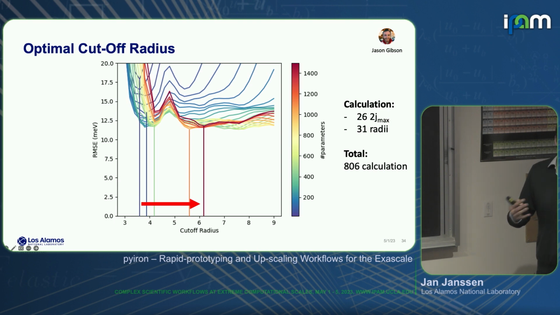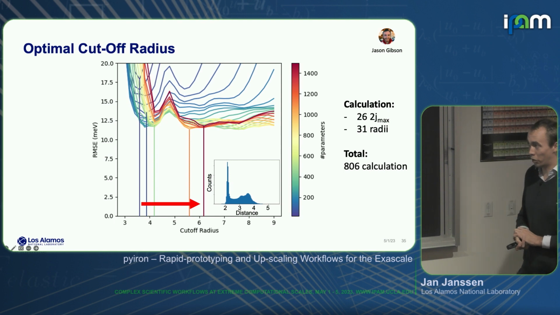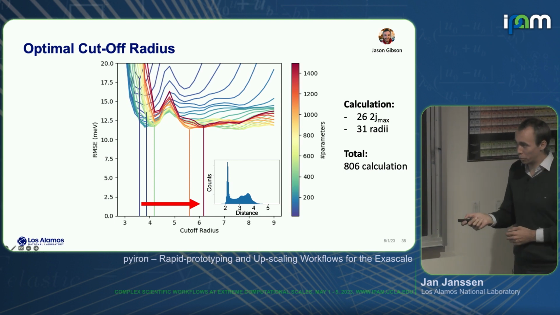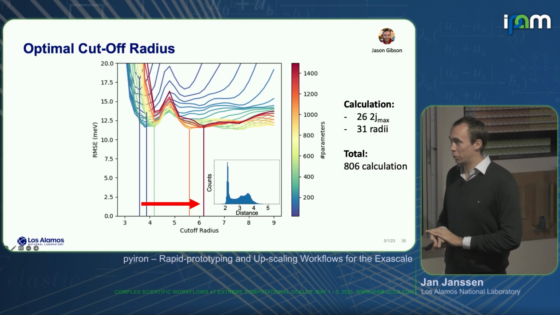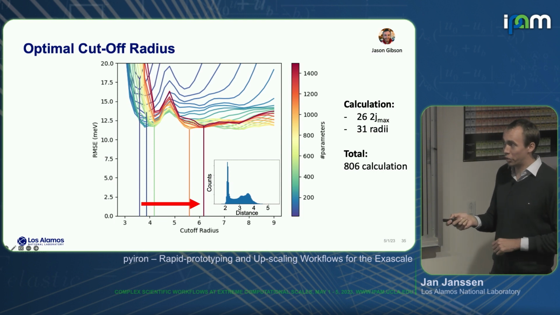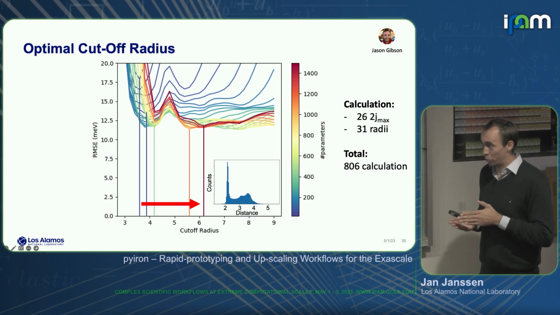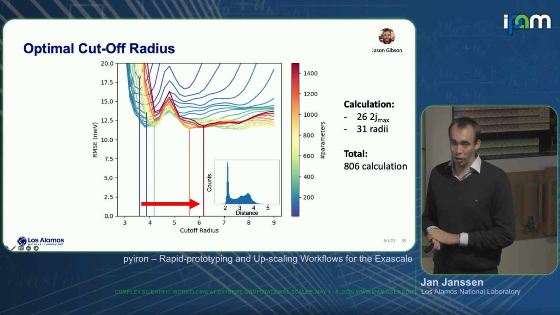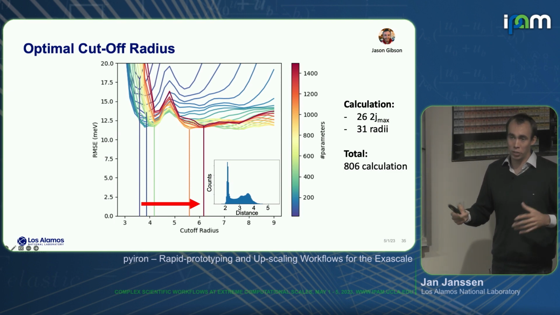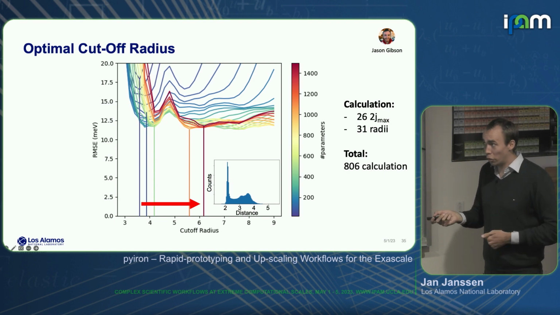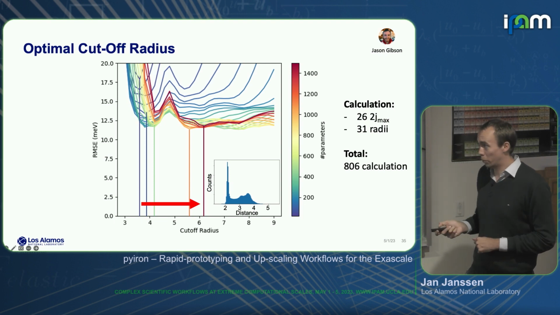Right? So for a long time, the cutoff was set like a given parameter, defined more or less on the radial distribution function based on the equilibrium structure. People typically said, okay, I want to include the second nearest neighbors or the third nearest neighbors, and that's how they specified the cutoff. What we find here is that the optimal cutoff is directly correlated to the number of parameters you have. If you have a more flexible potential, you can benefit from having a larger cutoff and gaining more information from the surrounding neighbors. If you have a less flexible potential, it makes sense to go to a smaller cutoff, because you're anyway not able to capture this information.